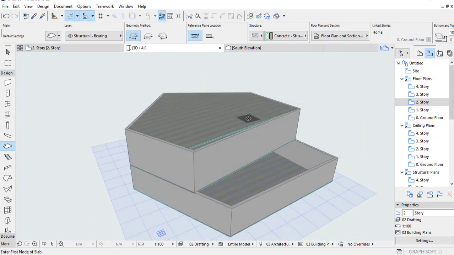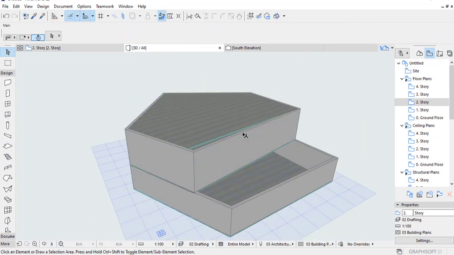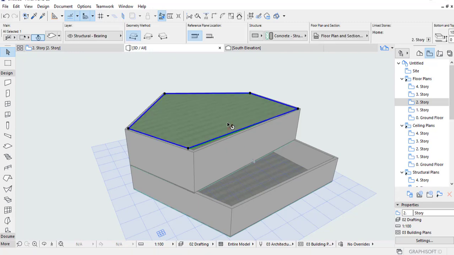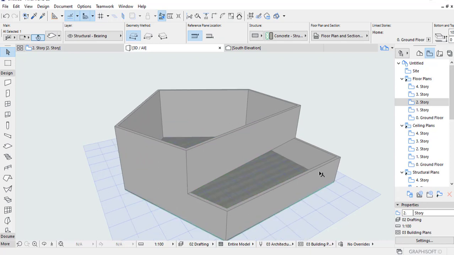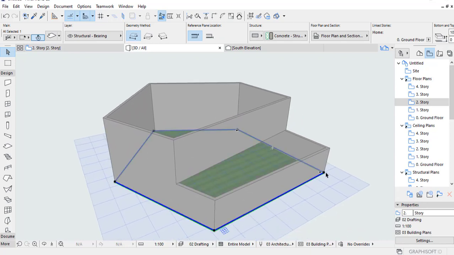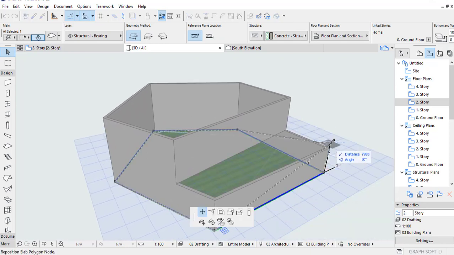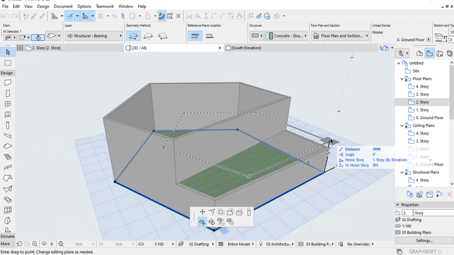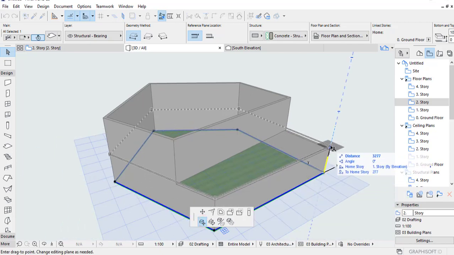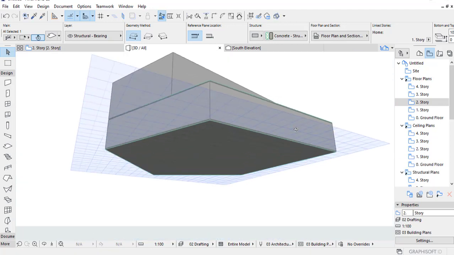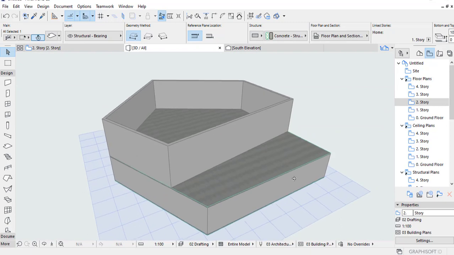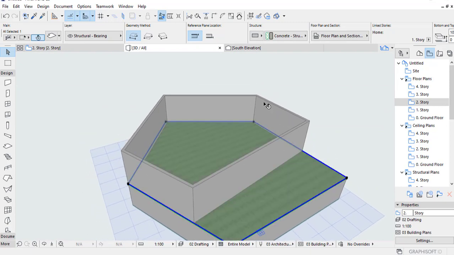Another way of drawing slabs would be, for example, if you don't have this slab and you want to simply copy this slab at a higher level. You may simply select on its edge or a corner, start moving it at a higher level, and just tap on the control button, so it will create a copy there. So there's a ground floor slab, there's a first floor slab, you want to make one more copy at this level.